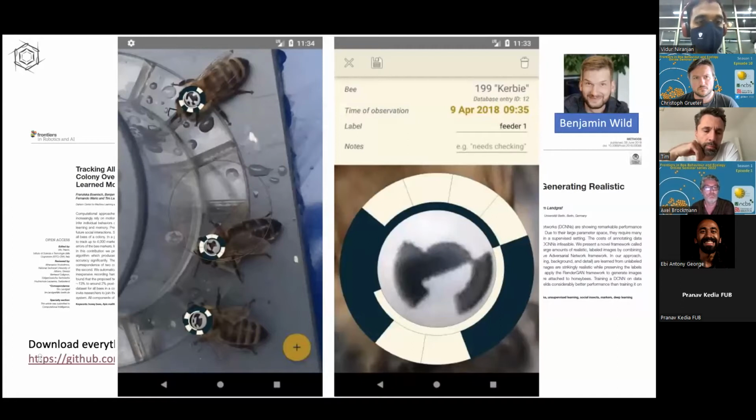I was wondering, of course, when the start or the end of a waggle run is completely hidden by other bees, then of course that has to be discounted. But if a waggle run starts and then is hidden from view by some other bee, but it ends again visibly, can this software record that as a waggle run? I mean, I can't give you a guarantee that it will find it, or even the guarantee of the opposite. So it has to be tested.